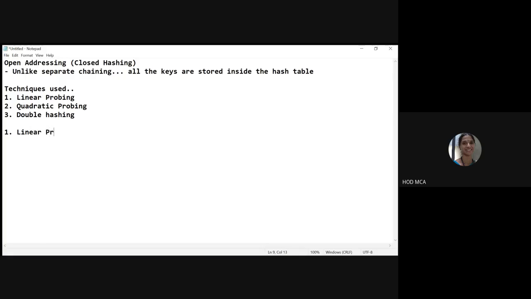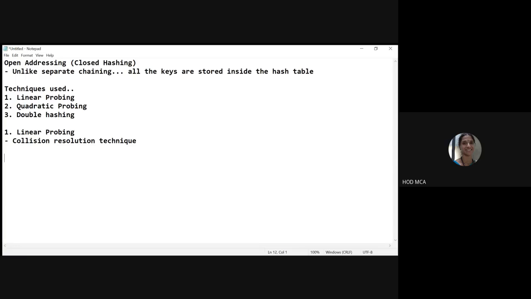Let us see what exactly is linear probing. We have seen that these all come under collision resolution techniques, correct? So that way there is no change. Under collision resolution techniques, we have two different techniques: open hashing and closed hashing.